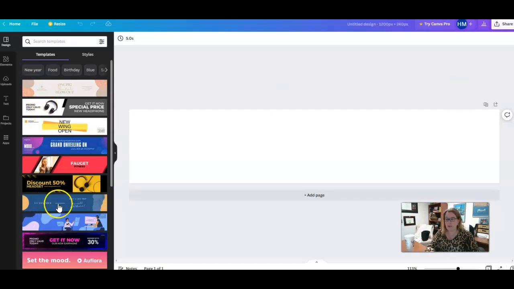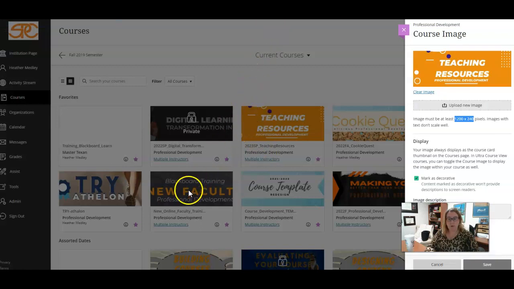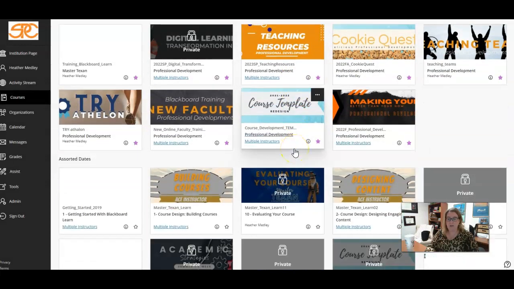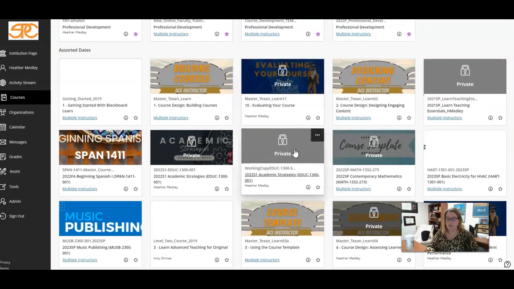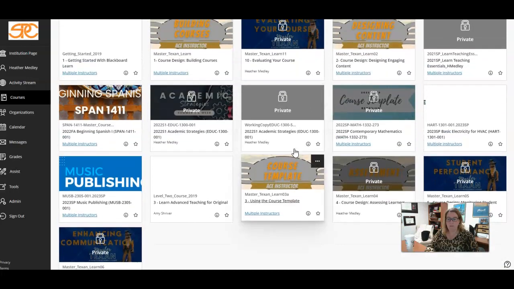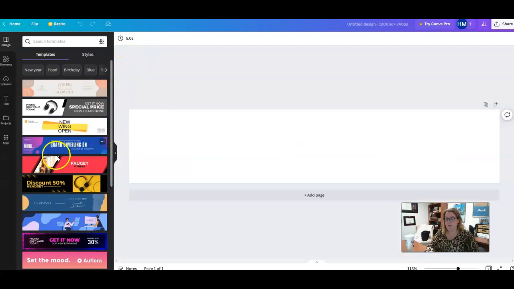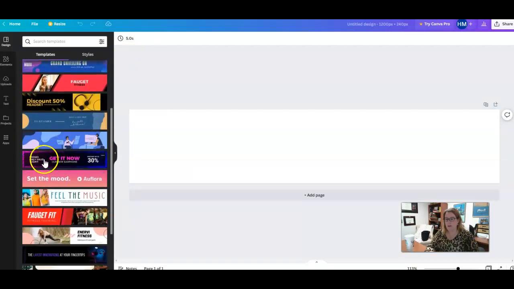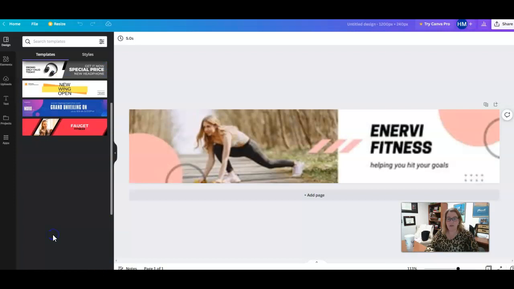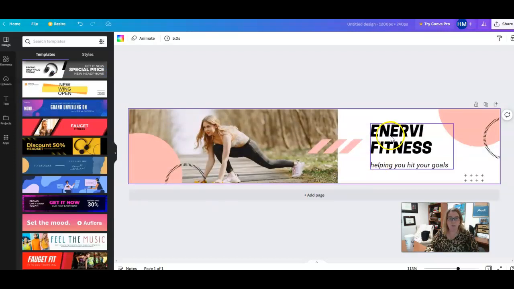There are a lot of templates that'll pop up that we can use. If we're going to pick a template, we need to make sure that we pick a template that has the words in the middle, because as you can see, the words in the middle are really helpful for remembering what course you're clicking on. If you can't see the words in the middle, it makes it a little tricky to pick your courses. So if we come back over here, this one has the words on the side. So if we want to use this template, we have a